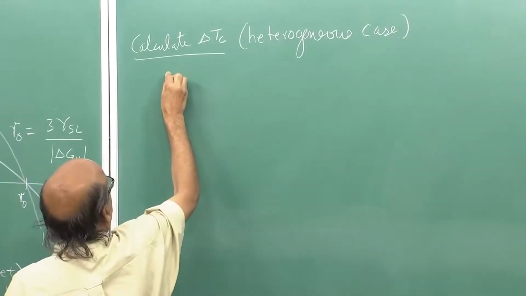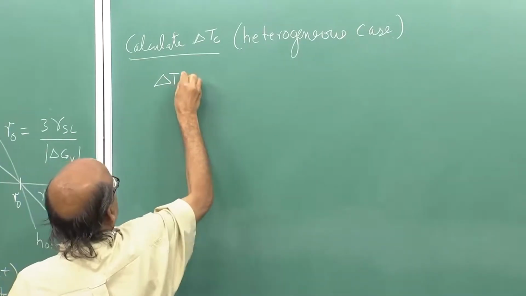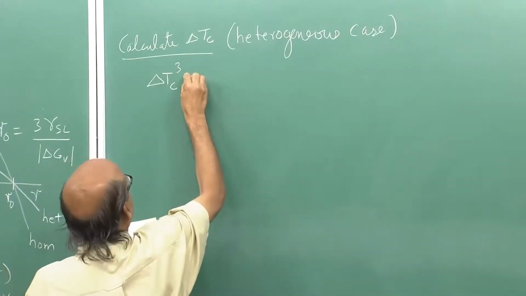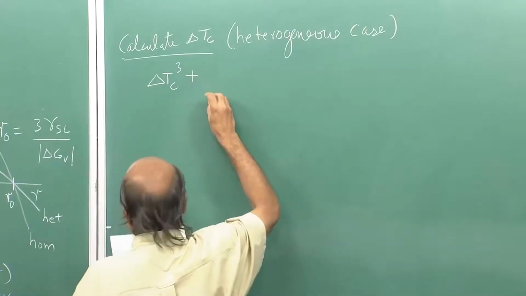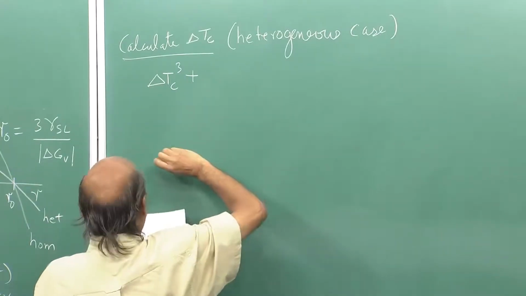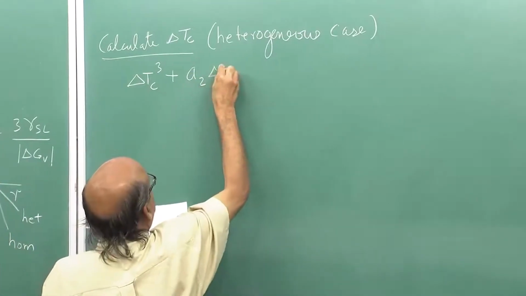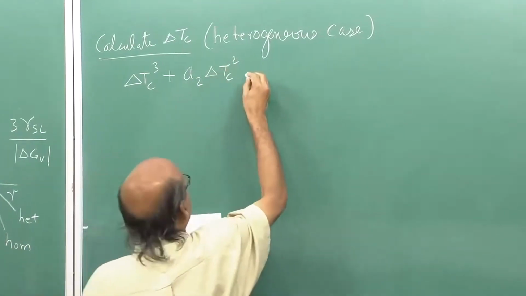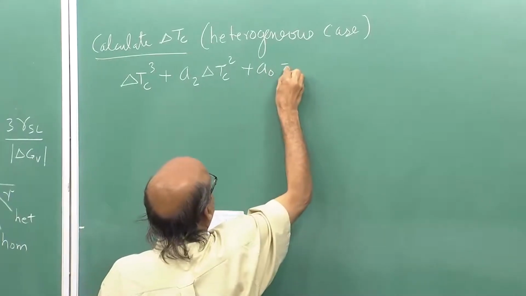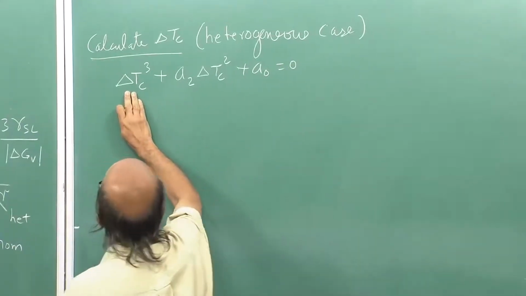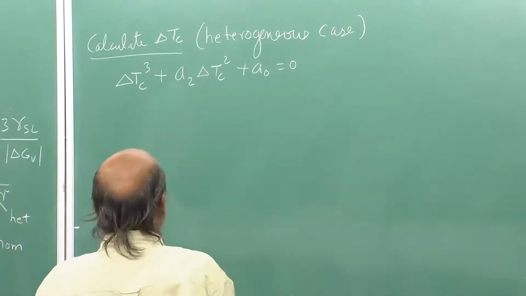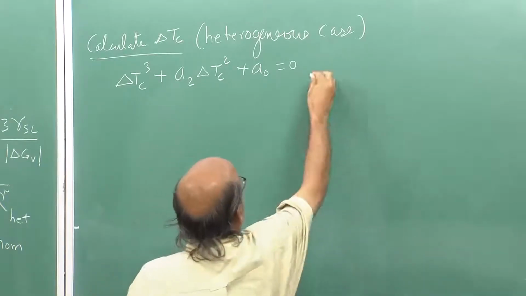If you recall, we had written this cubic: delta Tc cube, well, delta Tc is the critical undercooling, plus A2 delta Tc square plus A0 is equal to 0. Earlier I had written I think delta T, but now I am simply writing delta Tc, it is the same thing, where